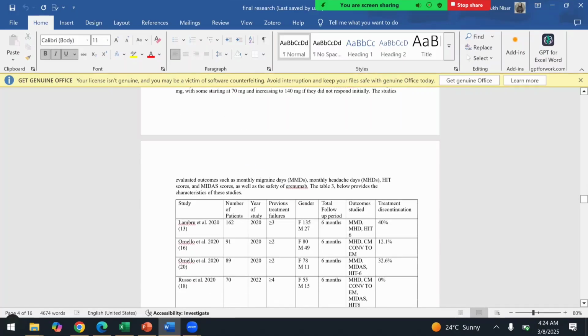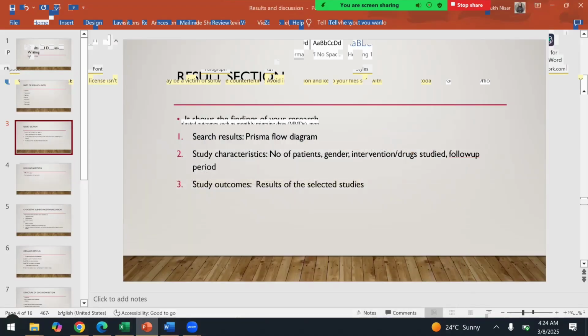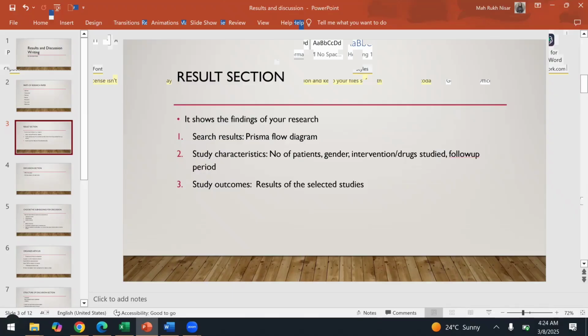So second is the study characteristics that I was just telling you right now. For example, you have 10 articles or 15 articles. So you have to open each article and note down the number of patients, gender, intervention or drug studied, follow-up period. You have to open your paper and assess the patient characteristics and study characteristics on the basis of your own paper. This is not mandatory. This should be present because it depends on your own paper. For example,